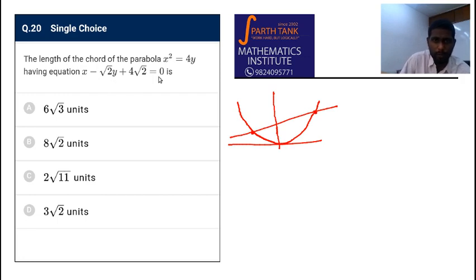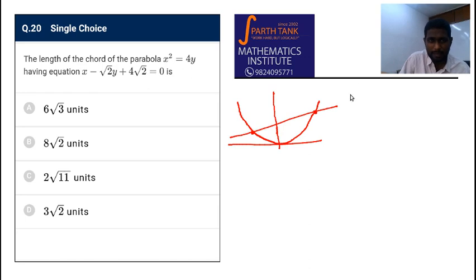So let us try to find the points of intersection here. If you solve for y, you get some answers for y. Now y will give you two different values for x. So it's better to solve for x rather than for y. Let us solve for x. So substitute y is equal to something here. You get what I am saying? Because x is unique and y is multiple. For the same y you can have two different x's, and then it becomes difficult to identify which is which.